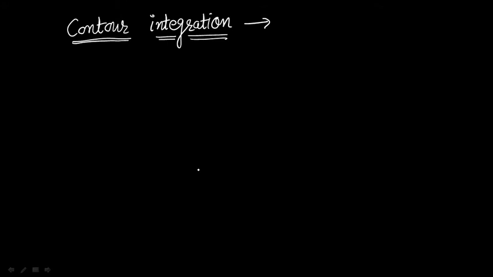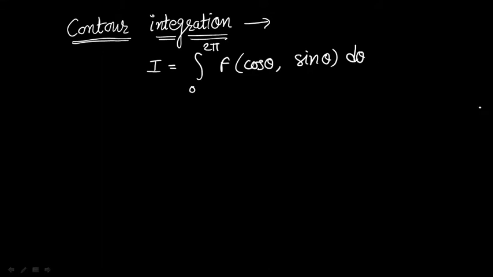Contour integration, the real definite integral of the type I equal to integration 0 to 2 pi. Here theta value is from 0 to 2 pi, that means a complete circle. Here f of cos theta, sin theta d theta. That means the integrand is in terms of theta. And we convert these cos theta and sin theta terms, the integrand in terms of theta, into terms of z